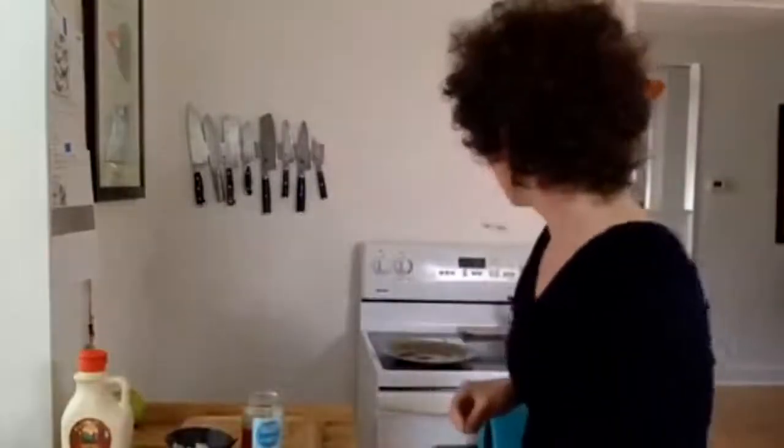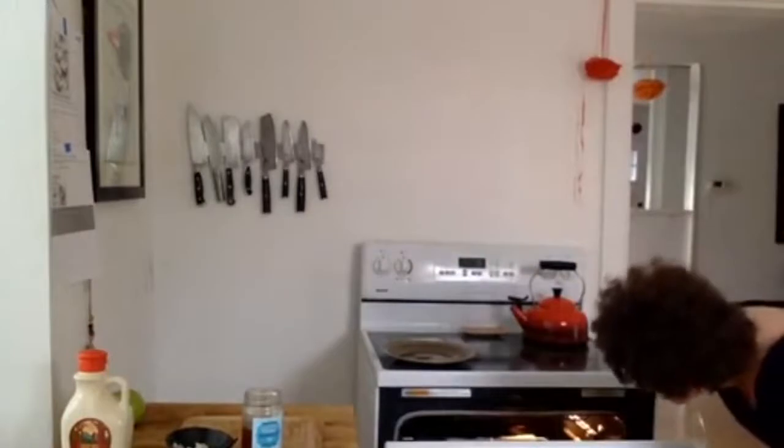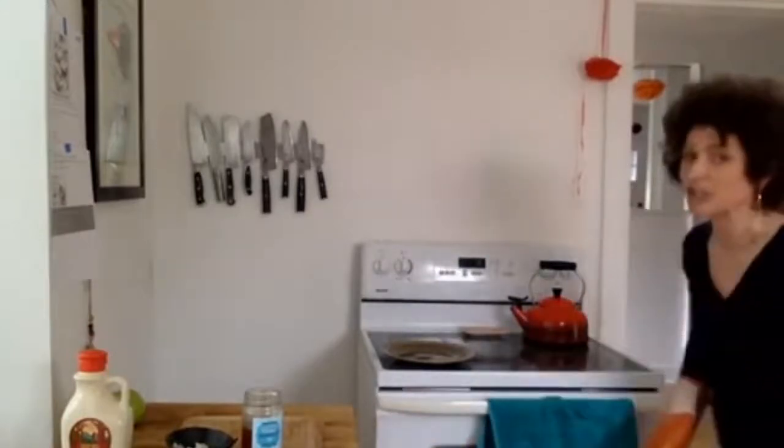So let's check out these apple skewers, see how they're doing. Yeah, they're doing good. They're doing good. They have about 30 more seconds to go. So anyway,